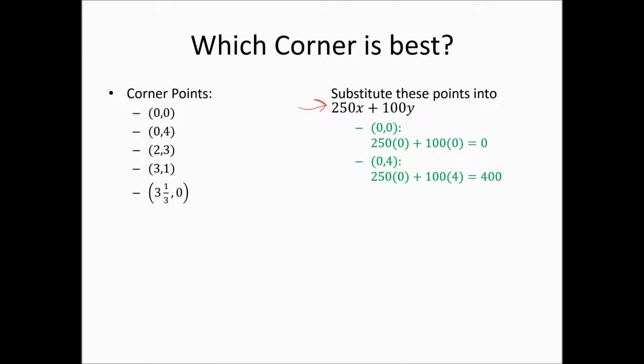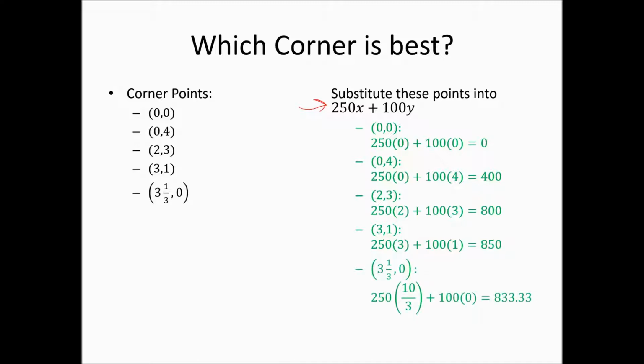0, 4, so I'm making all example videos, no lesson videos. All right, there's a profit there of $400. And we'll try the others. 2, 3, 2 lesson, 3 example gives a profit of 800. 3 lesson, 1 example gives a profit of 850. And 3 1/3, 0, well, that gives a profit of